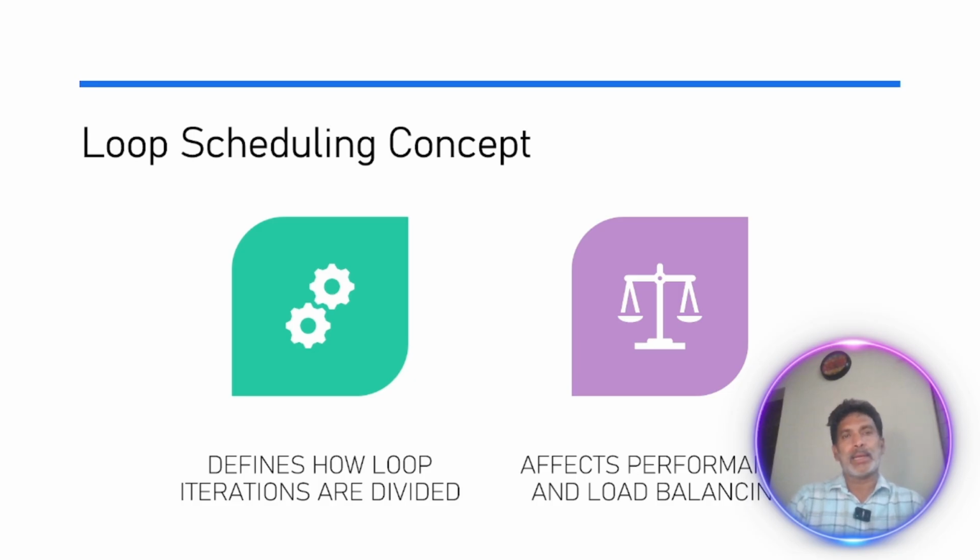When a loop is parallelized using the pragma omp for construct, OpenMP uses a scheduling strategy to decide which thread executes which iterations. If the work is not distributed properly, some threads may finish early and remain idle while others are still busy. This leads to poor performance. So if you look at the common scheduling types,